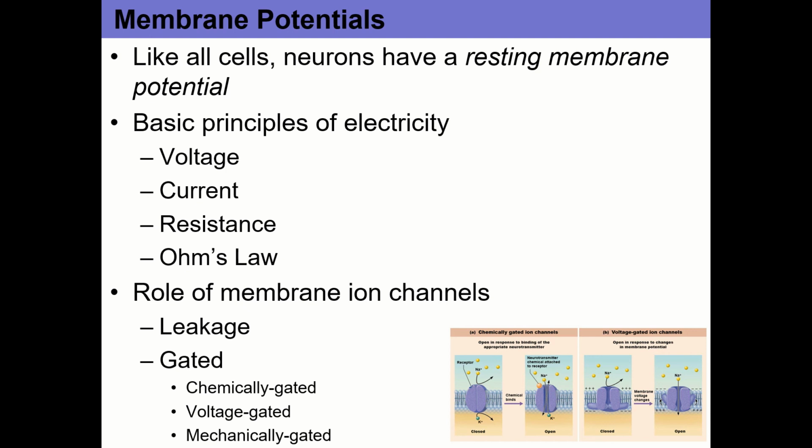And so you do have some leakage channels along the axon and along the cell body of neurons that'll allow some potassium to leak out and allow some sodium to leak in. The cell membranes are less permeable to sodium, so not very much sodium leaks in through those channels, but some of it does. And another thing I haven't talked about yet is this concept of